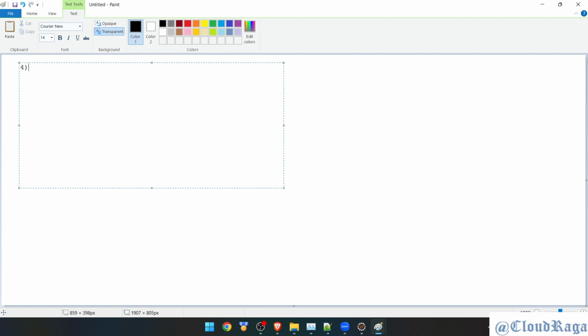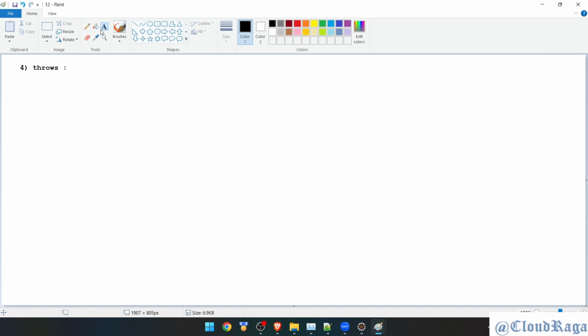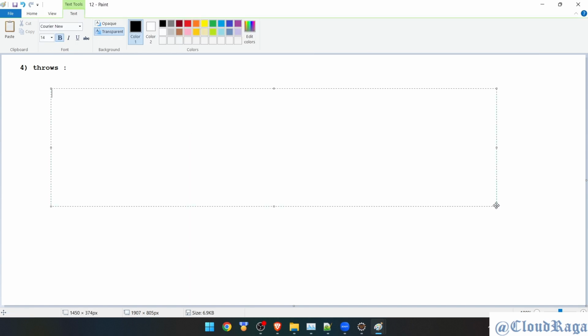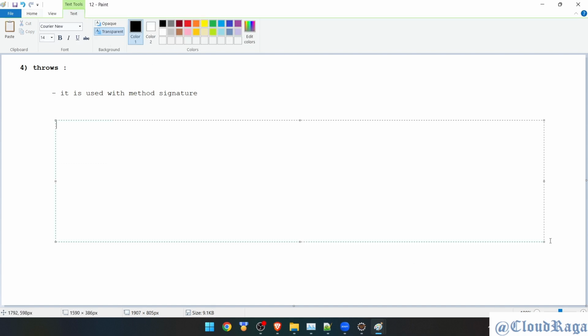So let's try to use throws first. Okay, so throws keyword. It is used with method signature. Okay guys, so when it is used with method signature, it will be easy to handle this kind of scenario. So let's suppose if you have this kind of method signature,